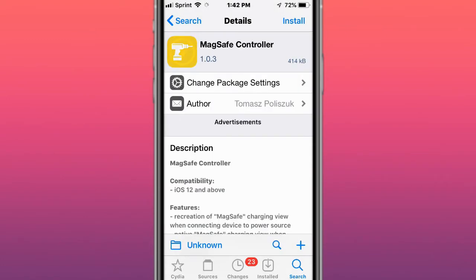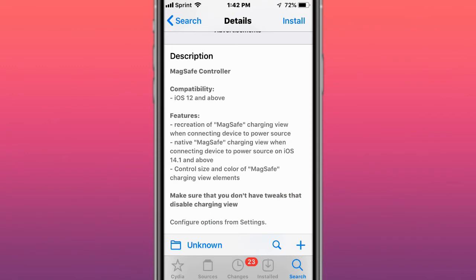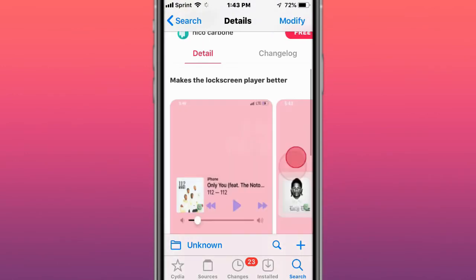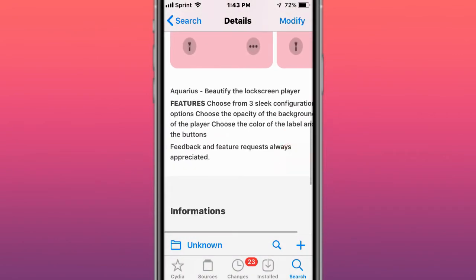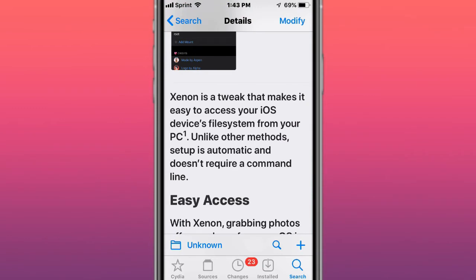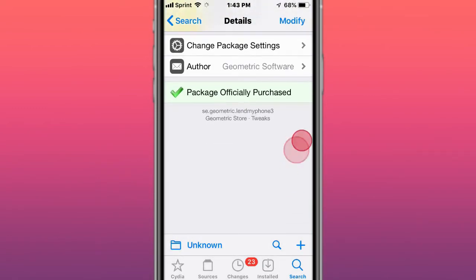This is called MagSafe Controller. So you have a recreation of the MagSafe charging view when connecting devices to the power source. It's called Aquarius. Makes the lock screen player better. Which is called Etsnon, a tweak that makes it easy to access your iOS device's file system from your PC. Called Lend My Phone 3,